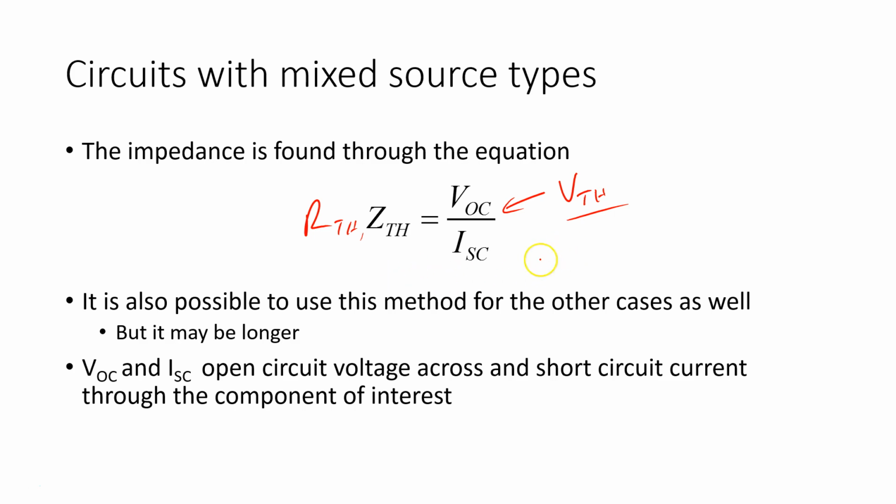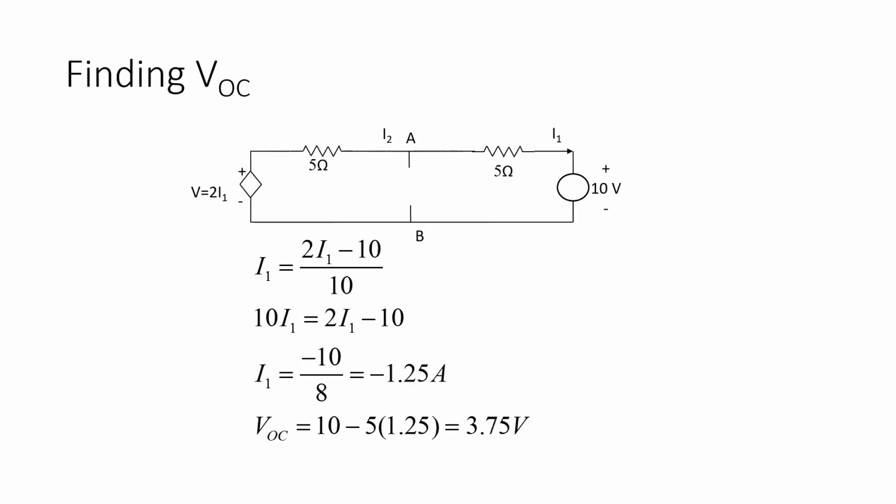So you could use this for the independent sources as well as the mixed sources. So let's go through an example now. We have a 10 volt source, which is our independent source, and here our dependent source, and I've opened these terminals here already. This is where our component would go, and the first thing I'm going to do is find